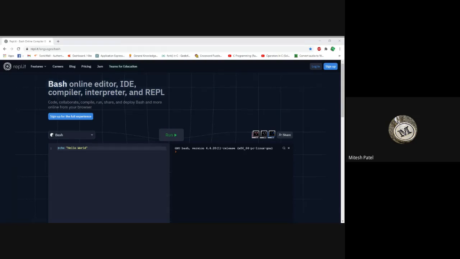Okay, let me give you one shell script. Write a shell script for any pattern which you like. Pattern means a pyramid, which you have performed in C language. Whatever you like, perform it and show me the output. Simple: 1 star, 2 stars, 3 stars, 5 stars like this, or do it diagonally, or reverse diagonally, whatever.